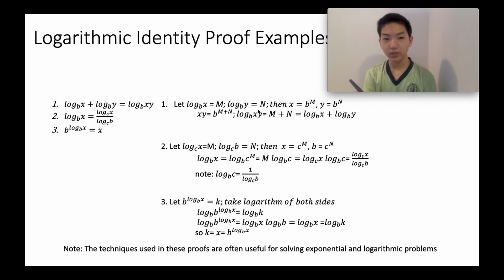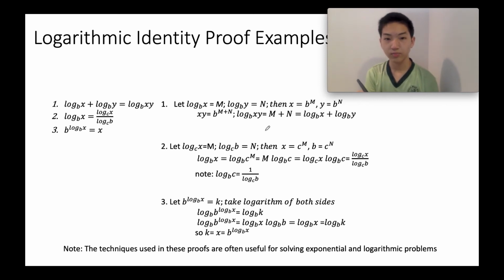So then we know that x is equal to b to the m and y is equal to b to the n. Because remember, we can do the thing around. b to the m is equal to x. And then we could just do the same thing with this. b to the n is equal to y. So then we have x times y is equal to b to the m plus n, because we're using our exponential identities. So log base b of x times y is equal to m plus n,